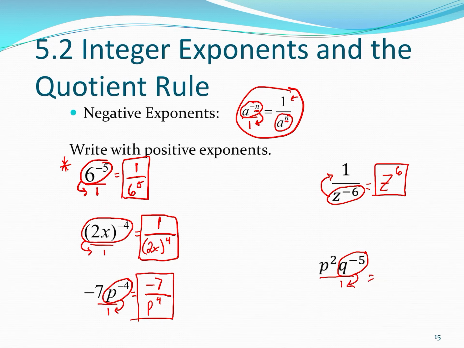And then if you look at the last one, again, think about it as a fraction where it's currently over 1. And we want to take the base with the negative exponent and move it to the opposite place. Move it to the bottom in this case. And so this q to the negative 5th is going to go to the bottom. And so what's on top? Well, still p to the 2nd, or p squared. And on bottom we have q to the 5th. So here's the key to this. To make your exponents be positive, you take your base and that negative exponent and move it to the opposite place. If it's on the bottom